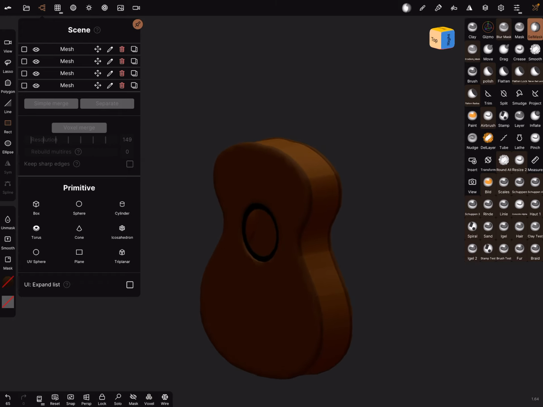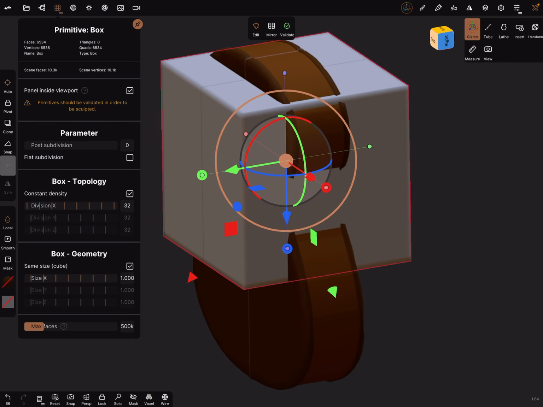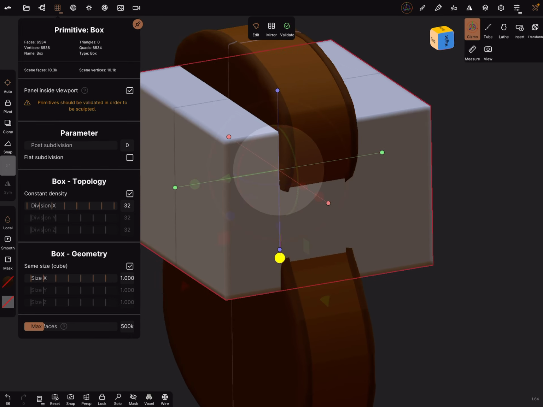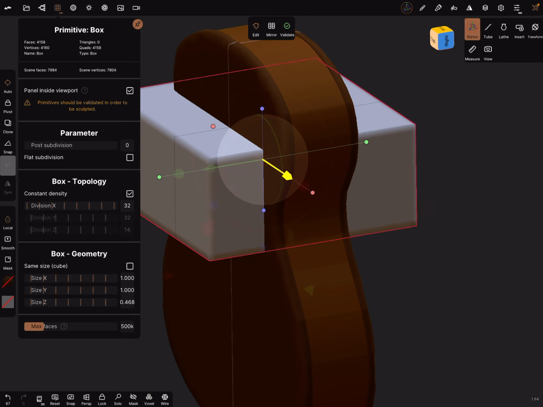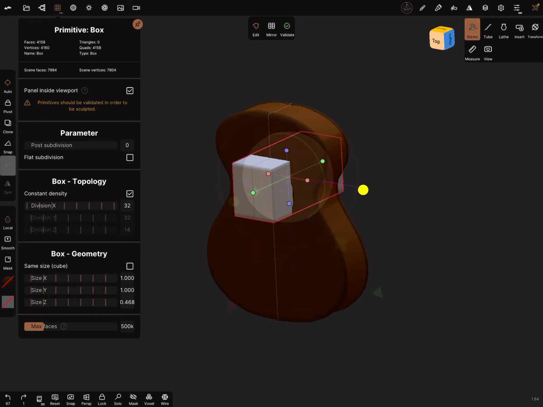The next part is we need a box. Come on. And adjust the box a little bit.